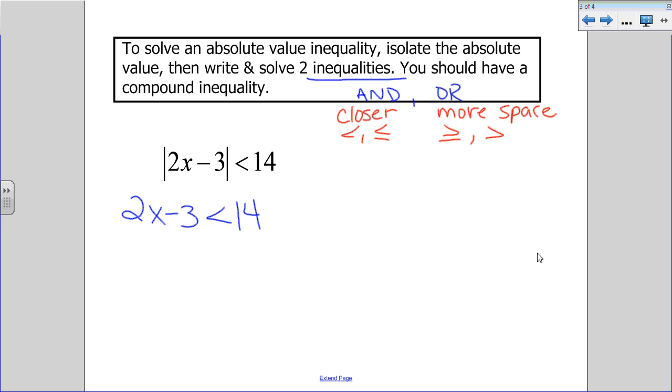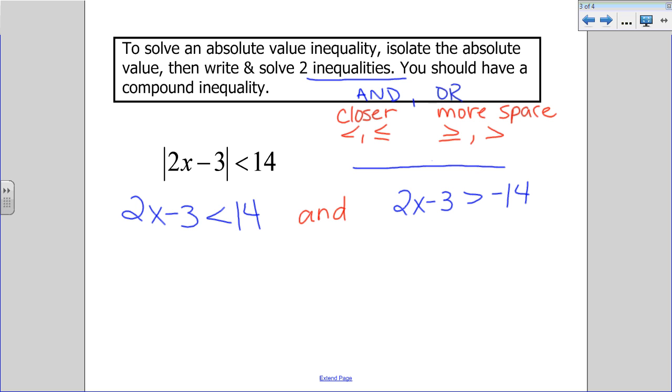It's an and, and I want 2x minus 3, but I want it to be greater than negative 14. And the reason for that, guys, is that if I want to be less than 14 spaces from 0, we